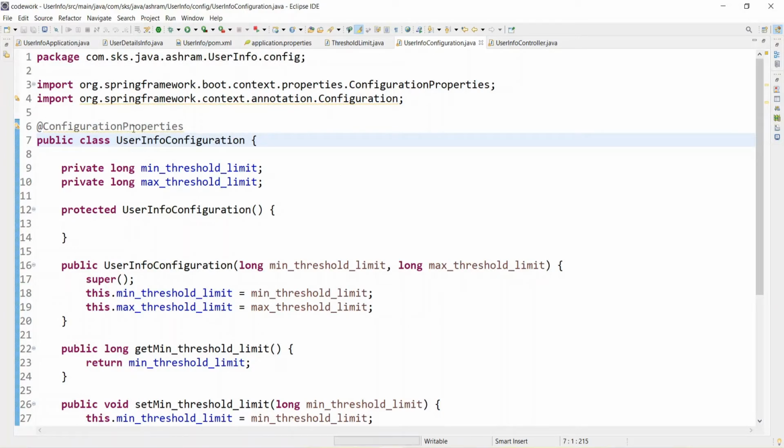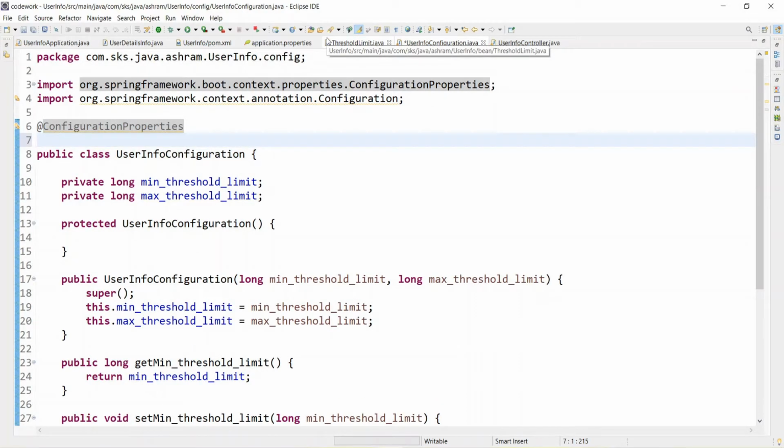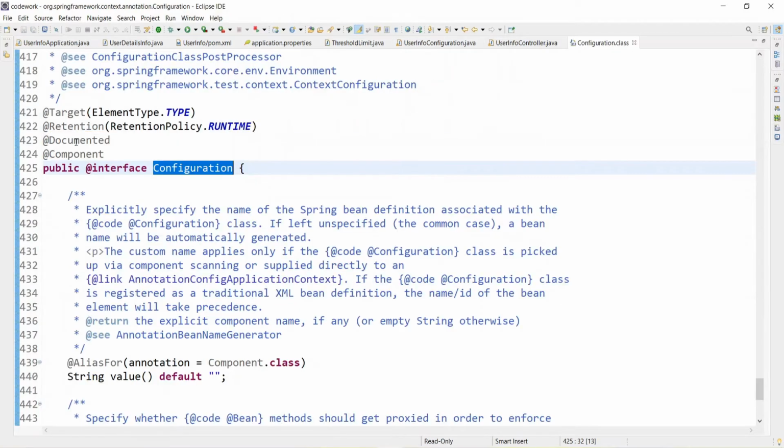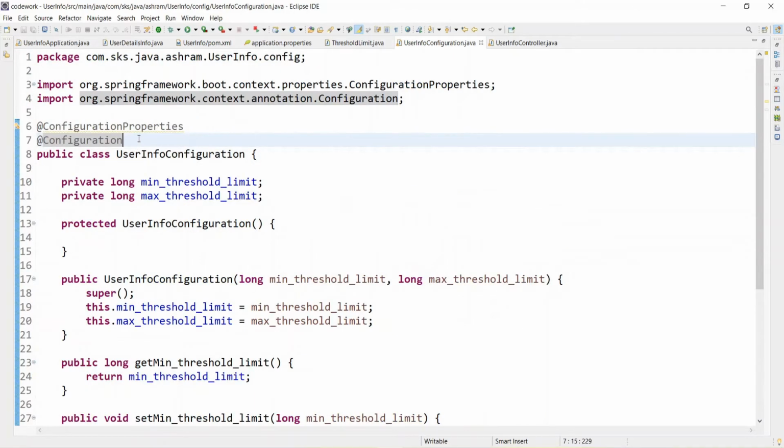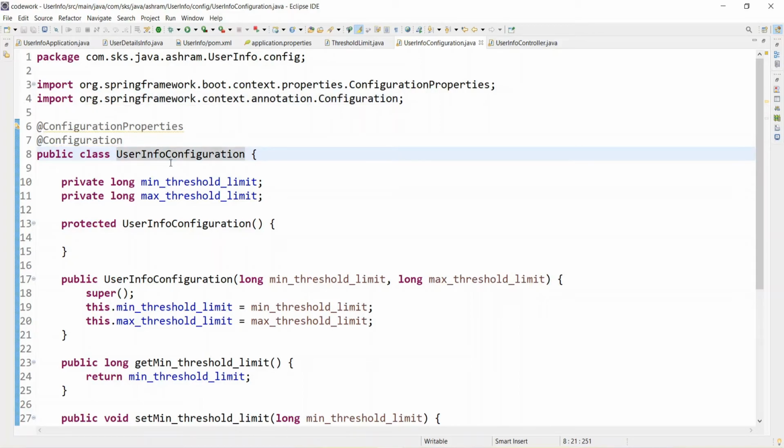If you see here, you annotated ConfigurationProperties, and how do we tell the Spring container to consider this as a component, and that this needs to be managed by the Spring container? So either you need to put the annotation Component, or you need to put Configuration for the configuration file, right? If you put the annotation Configuration and go inside it, the annotation Component is already there. So that will suffice our requirement to make a class a component class, so that this can be managed by the IOC container. Okay, now let's run this.